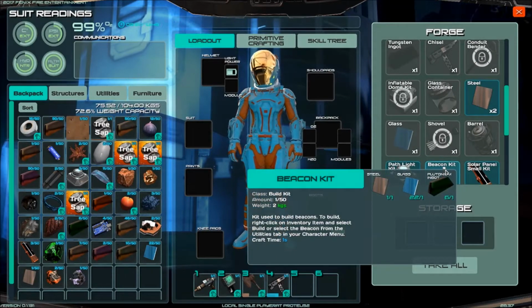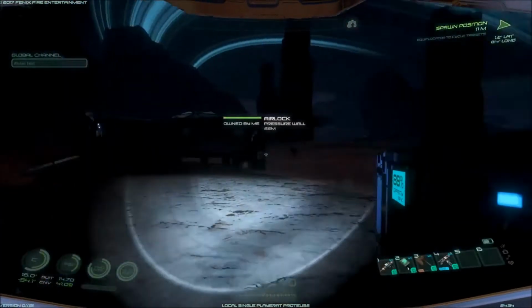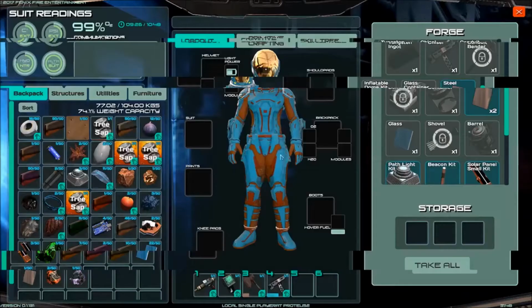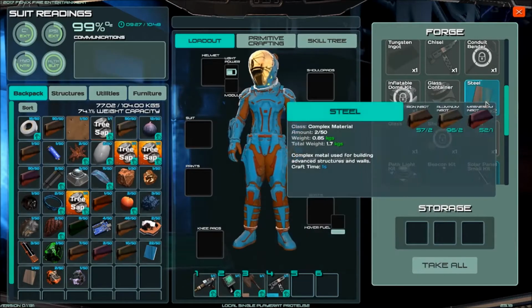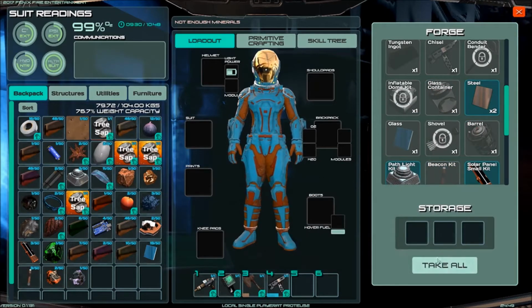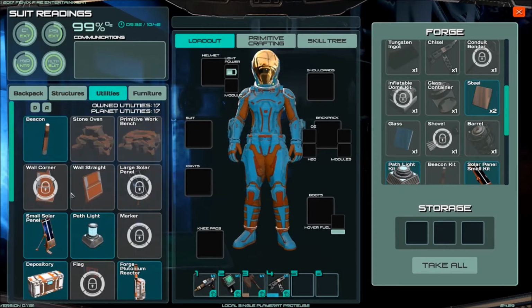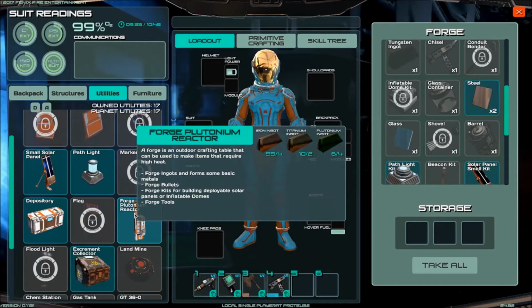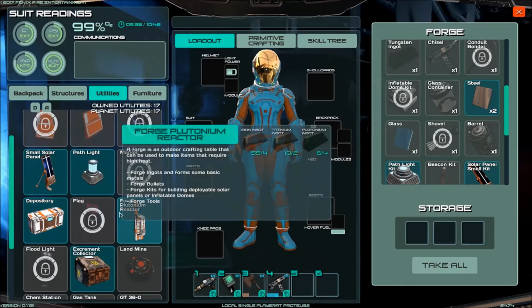Alright, let's say I want to make three beacon kits. Do I have any plutonium saved up? Or is this it? Oh, I have. Yeah, I've got plenty. Okay, I can make 3 beacon kits then. So, whack off a little bit more steel. Get myself some beacon kits. So I've got my beacons, got the stuff for a depository, got the stuff for a forge. So I'm going to need a bit of iron, aluminium, titanium and plutonium. Everything else can go back in the...